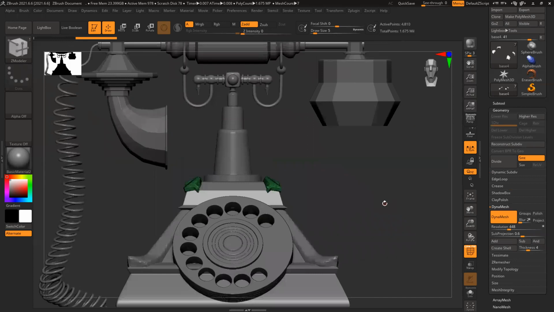Because for high poly, your topology doesn't matter. It can be a quad, can be triangle, can be anything, as long as it has all the details.